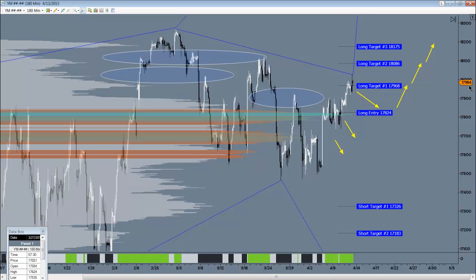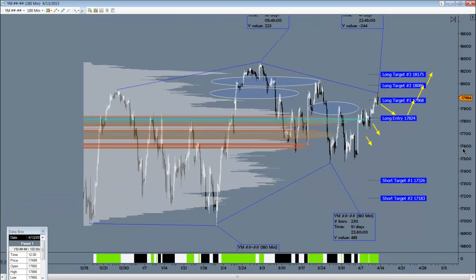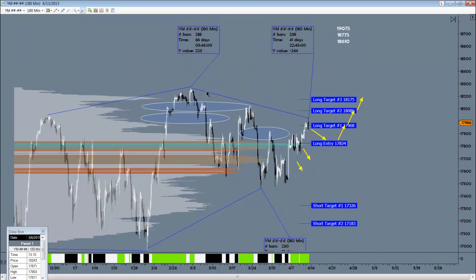I also have a few other things going on in this chart. I'll condense it up a bit here so you can see what's happening. And if you look to the bottom here, we've had a low to low cycle of 48 days and 51 days here. To the top, we've had a cycle of 66 days high to high, and we're currently at about 41 days in on the current price movement here. So if this plays nice and we make a new high in about 22, 3, 4, 5 days or so, that would be in harmony with what's happened prior. And if we don't, it would break this cycle here, and that would put us to some new highs around